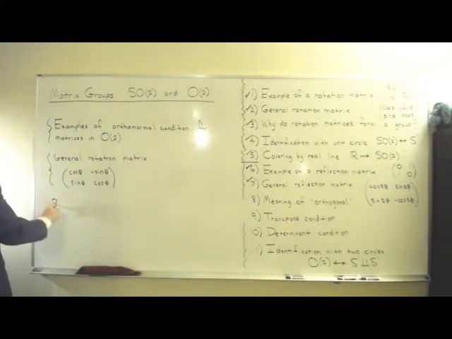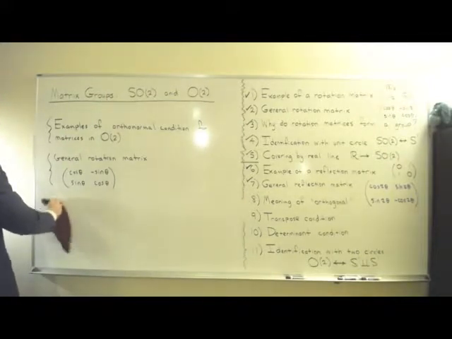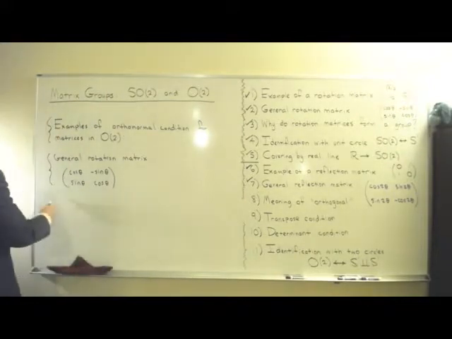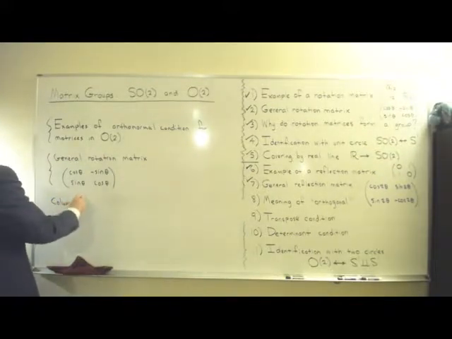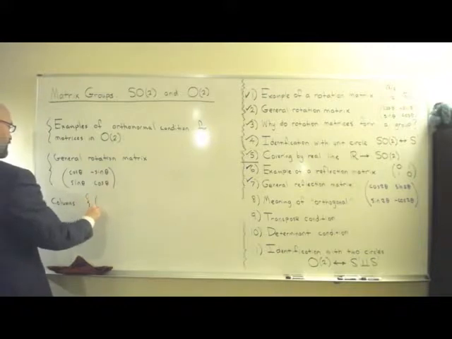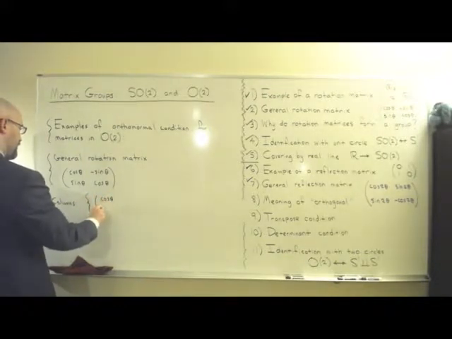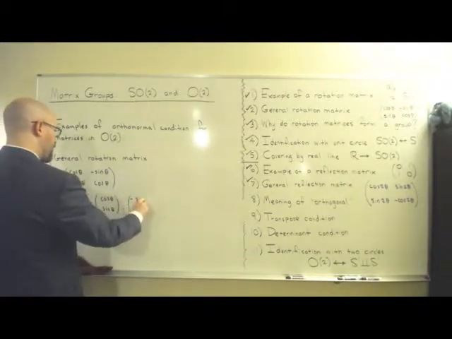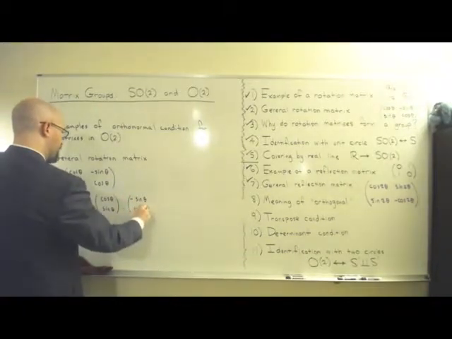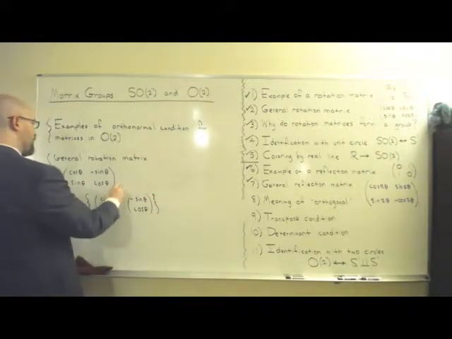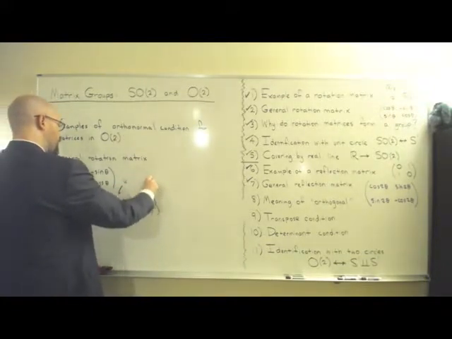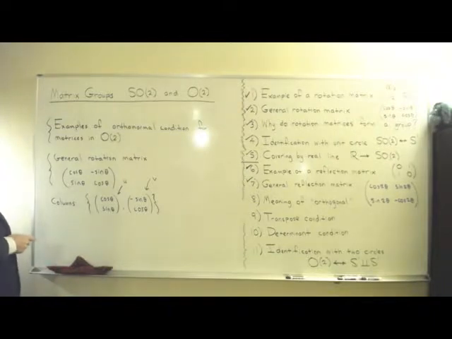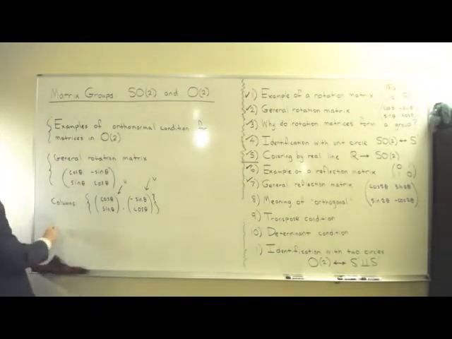We can look at the rows, for instance. Let's look at the columns first this time, because we looked at the rows, and I'm not going to do both, but let's look at columns here. What are the columns? Well, they're cosine theta and sine theta here. And then the second column is minus sine theta and cosine theta. And so I could call that one my u, and I could call that one my v if I want to. And then I could check,